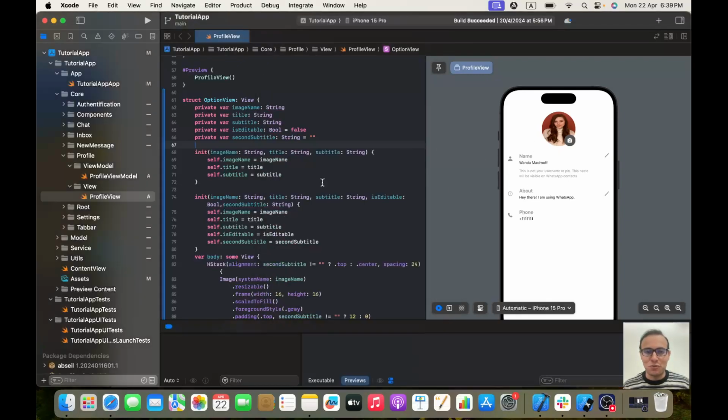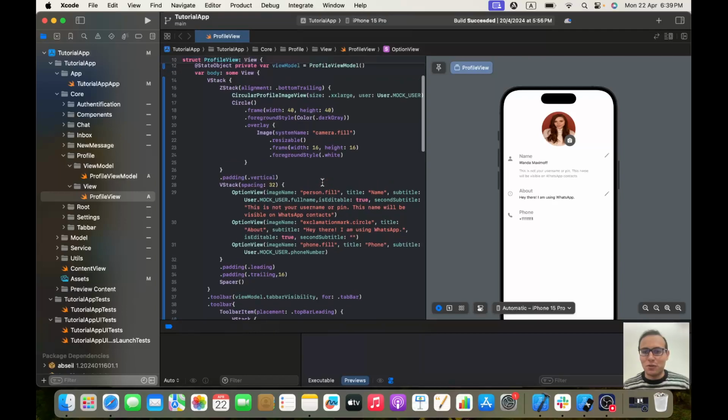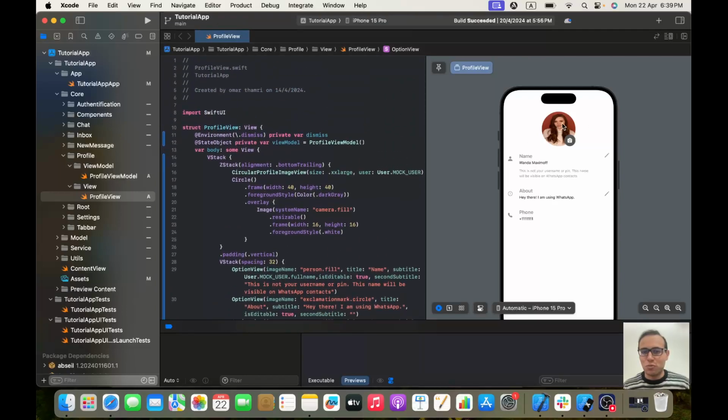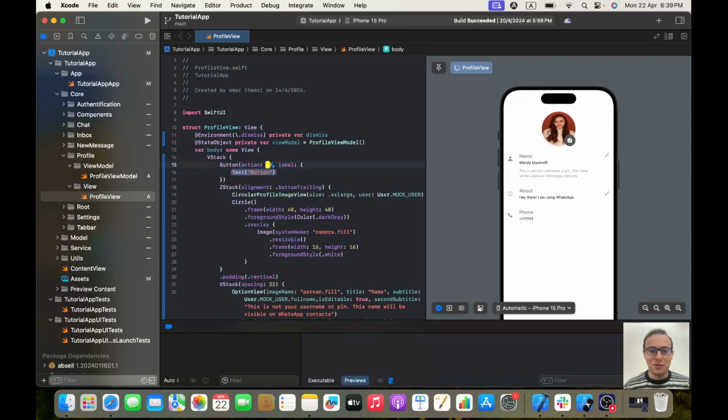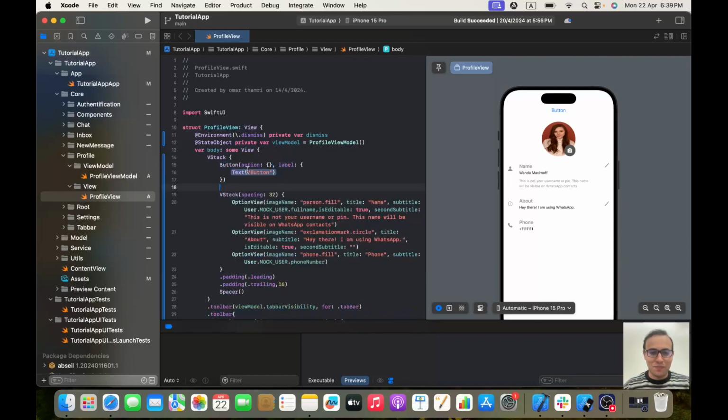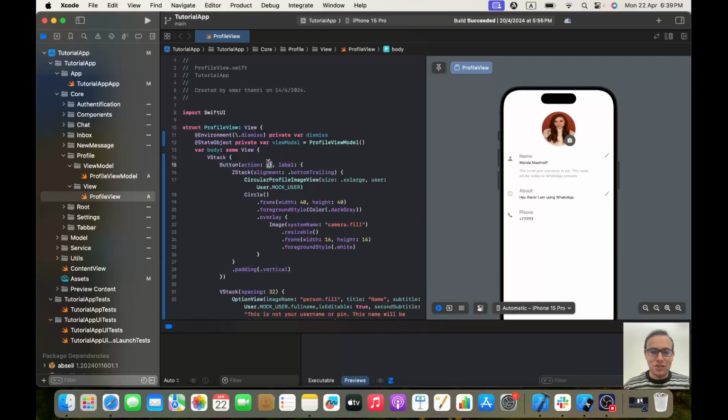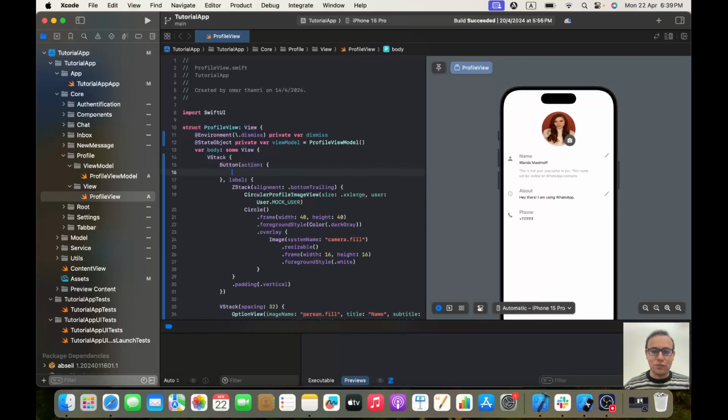The first thing will be in our profile view. I want to be able to click on it, so I will place my Z stack inside the button. So it will be a button with action and label, and I will have a Z stack. Okay, the second thing, to show it, I need some kind of boolean that when it's true, we will show